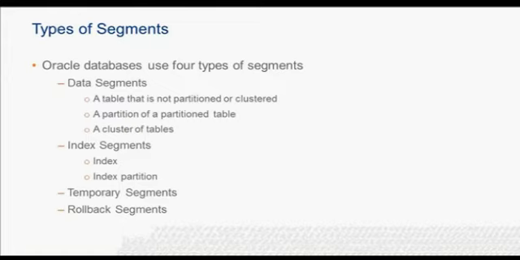Every non-partitioned index in an Oracle database has a single index segment to hold all of its data. For a partitioned index, every partition has a single index segment to hold its data. Oracle creates the index segment for an index or an index partition when we issue the create index statement. In this statement, we can specify storage parameters for the extents of the index segment and a table space in which to create the index segment.